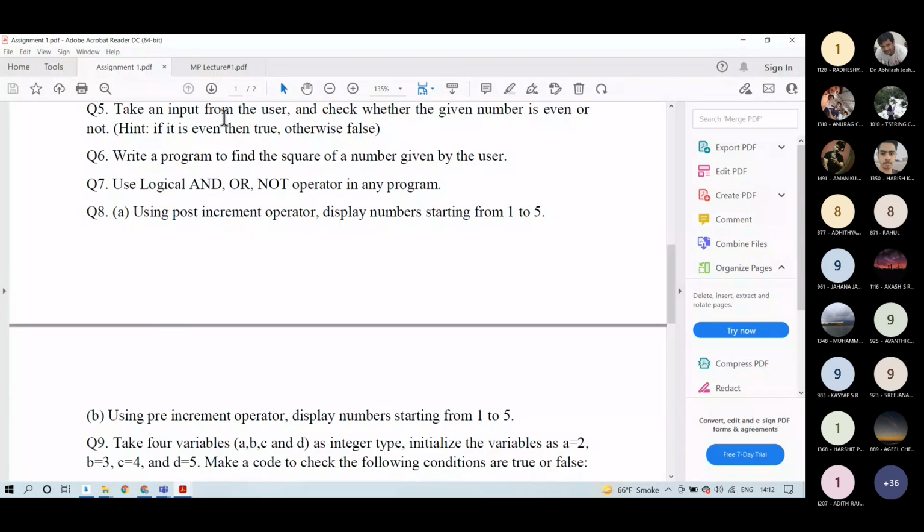Sixth, I will discuss this first, but sixth question you can easily see. Write a program to find the square of a number given by the user. Simply take input from the user and store that value into a variable a. Define another variable b, which is equal to a cross a. So you have to display the square of entered number a, which is b. Okay, कर सकते हो सिक्स क्वेश्चन को, तो इजी है.